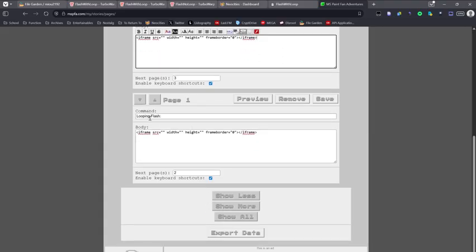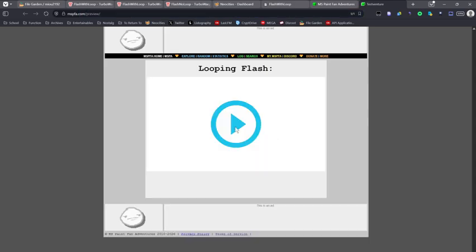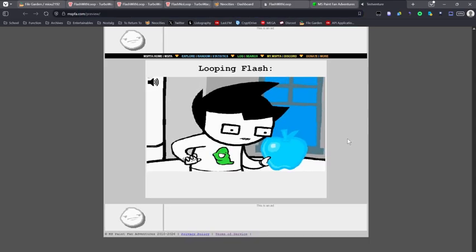So, since this is the one that has loop, what you're going to do is you're going to replace this, and this line, this little short line of code will also be in the description. Replace what's in here with the URL. Then, for width, make it the width of your stage size, like before. So, mine was 640 by 360. And then you're done. So, save, and then view. And boom, it works. So great.